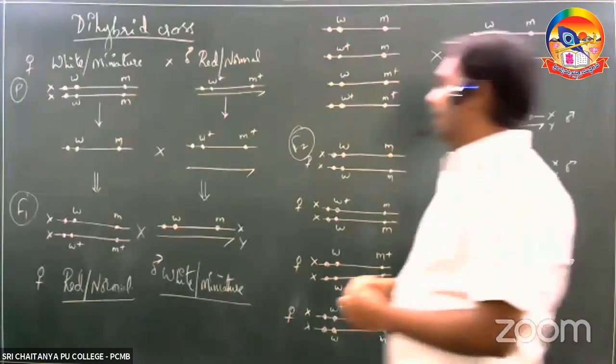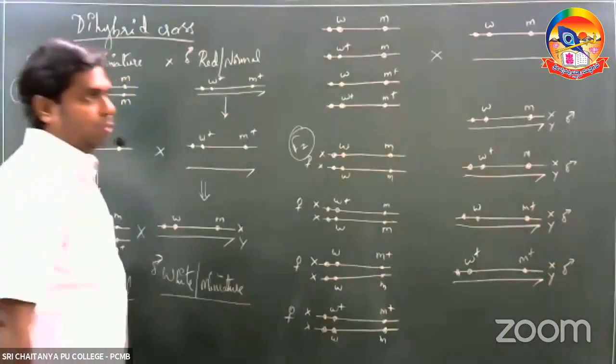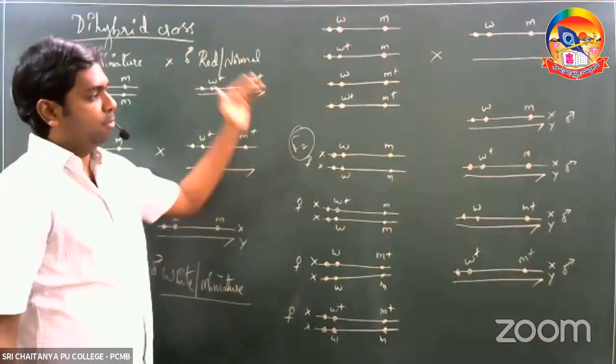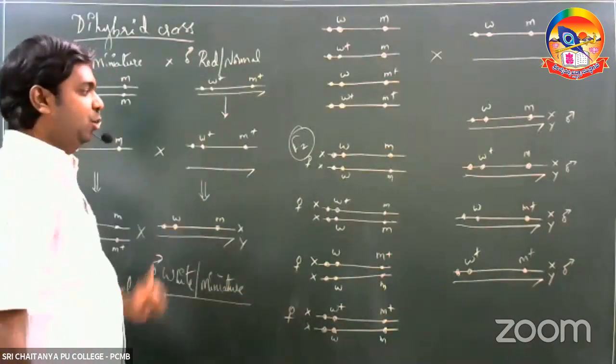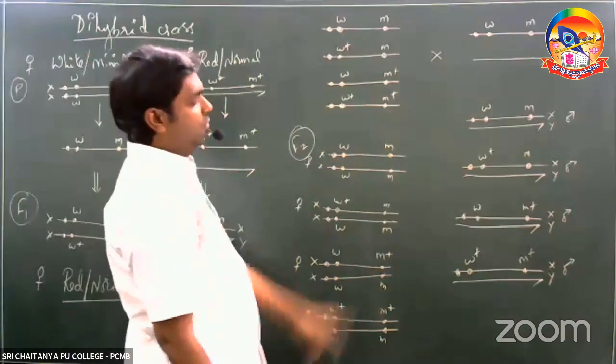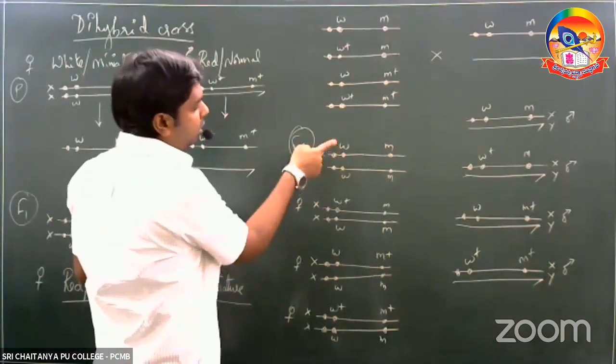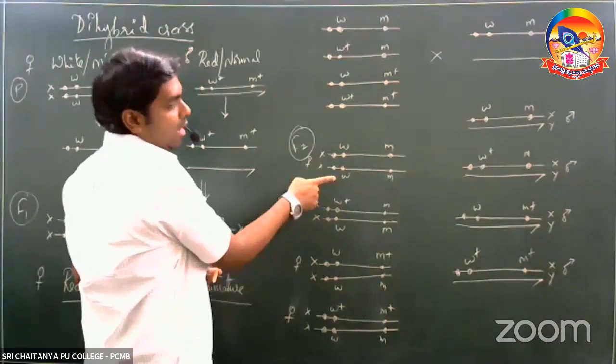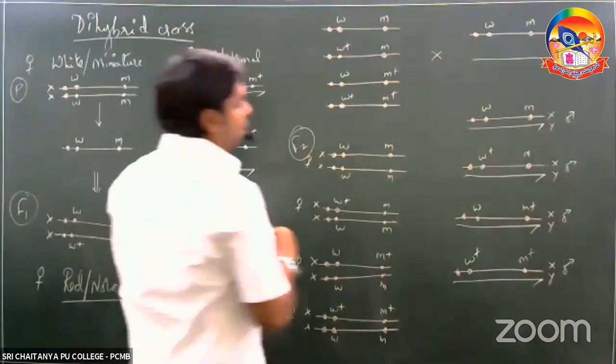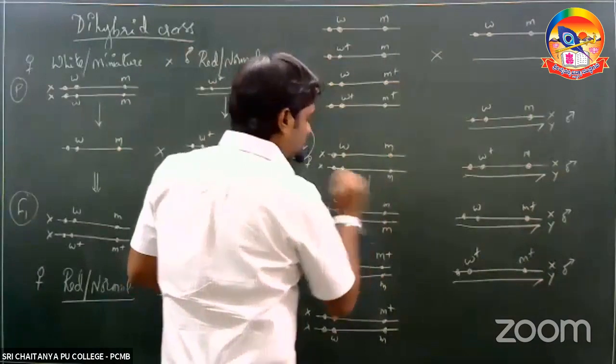So now let's start getting into the phenotypes. We are clear with the genotypes now. We have obtained all the genotypes, so let's get into the phenotypes. First, let's begin with females, then we'll get into the males. With regards to eye color, both the alleles are recessive. Since both the alleles are recessive, what would be the eye color here? Eye color would be white.